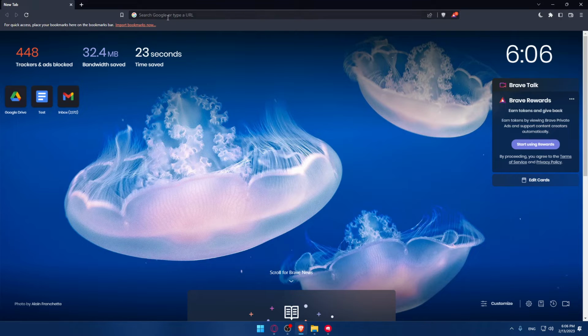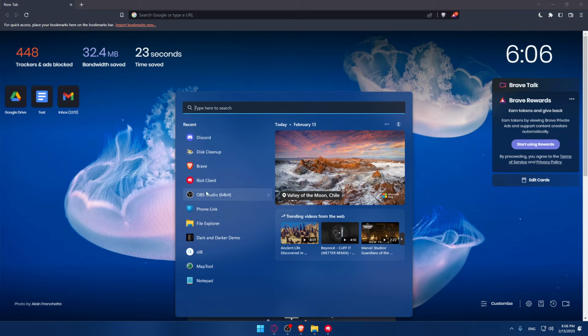Then you can just go into this URL section and make sure to type download Riot client, download TFT or Teamfight Tactics, or even download League of Legends. All of those three will actually download the Riot client first, and from there you'll be able to download whatever you want. Once the Riot client is downloaded, you'll have to go and open it up through the search or